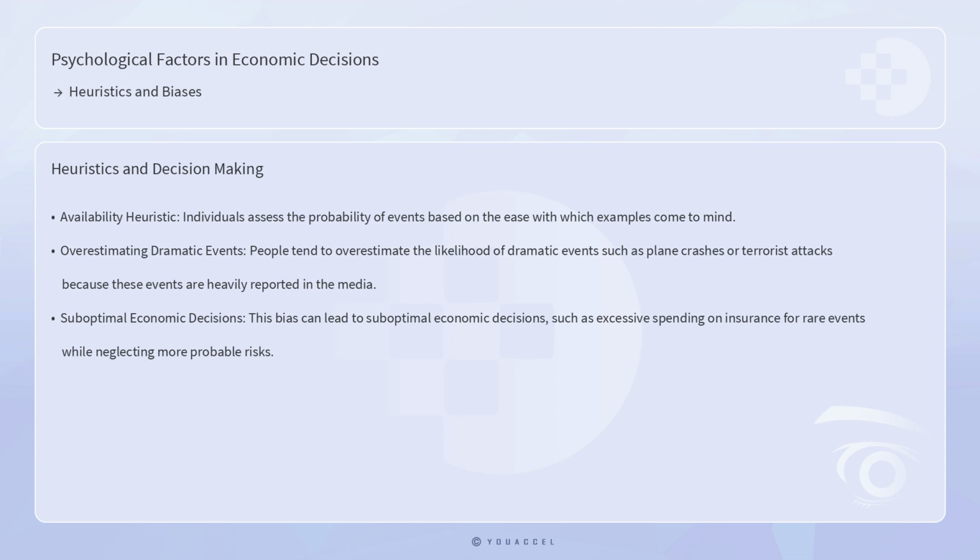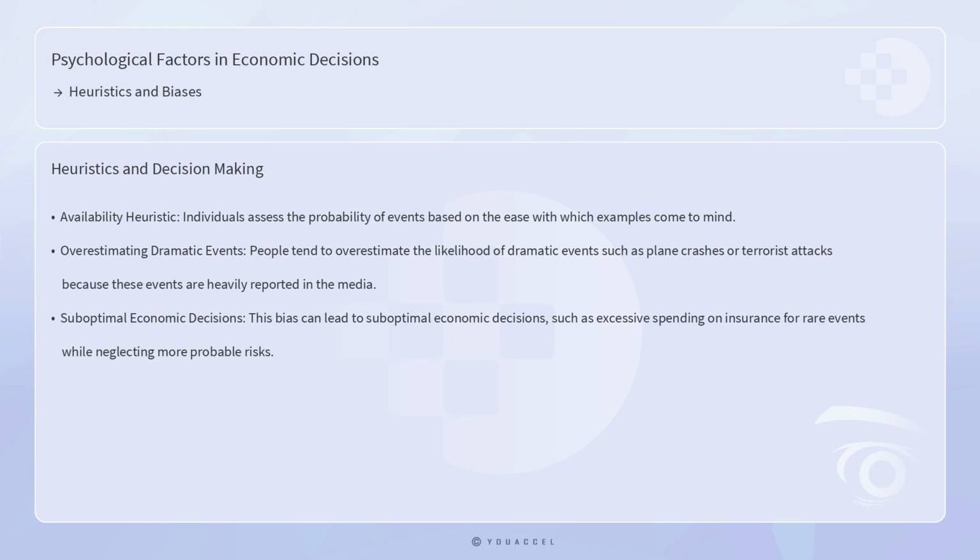One prominent heuristic is the availability heuristic, where individuals assess the probability of events based on the ease with which examples come to mind. For instance, people tend to overestimate the likelihood of dramatic events such as plane crashes or terrorist attacks because these events are heavily reported in the media, making them more salient in memory. This bias can lead to suboptimal economic decisions, such as excessive spending on insurance for rare events while neglecting more